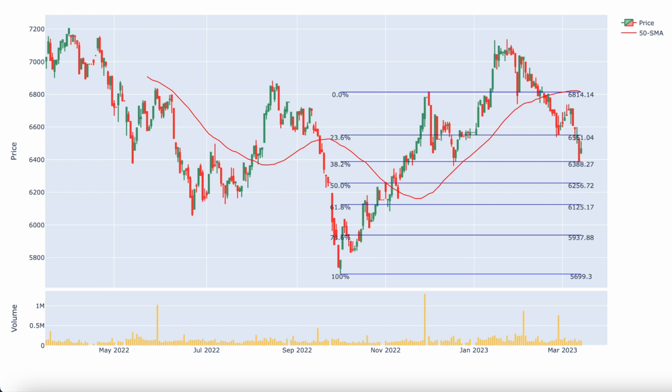Pullbacks are where price temporarily drops from the uptrend but goes back to the upside. There are two types of pullbacks, classic pullbacks and flags. Classic pullbacks are steep while flags form consolidation patterns. They obey support and resistance areas, thus they can be tradable. There is a classic pullback right here in this trend and it went back up at both the 50 SMA and the 38.2% Fib level. There is also a flag right here but it is quite small.